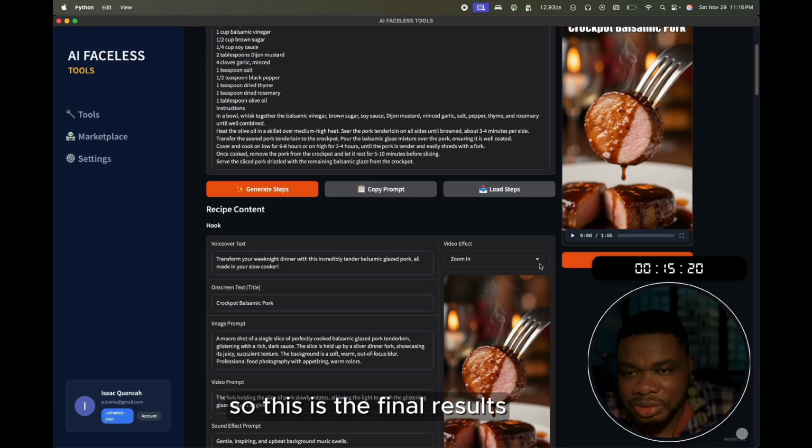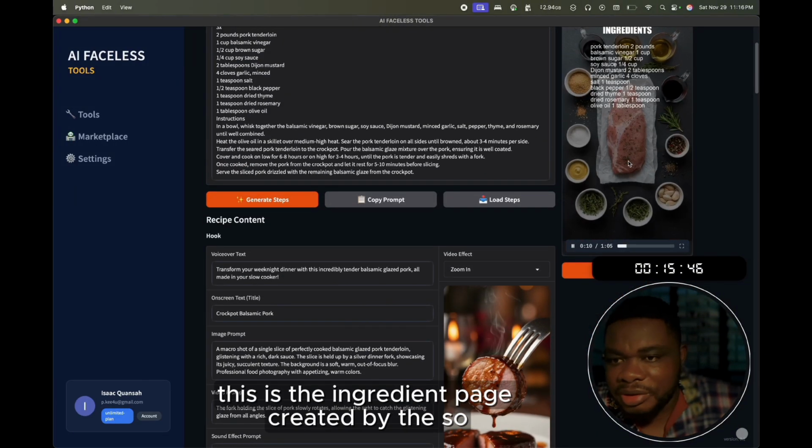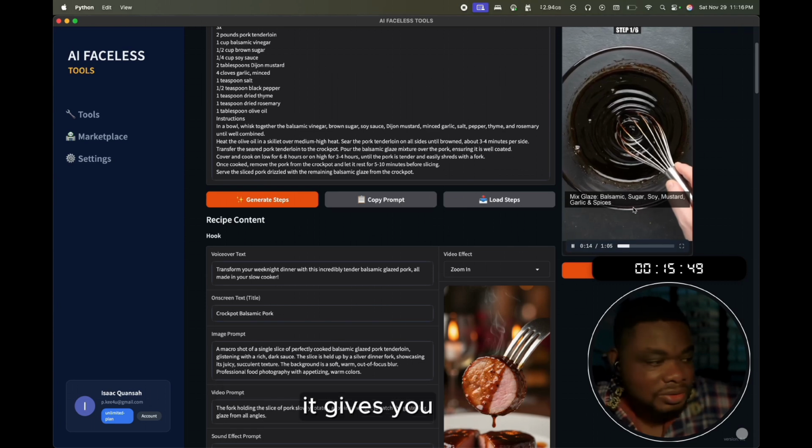So this is the final result. So this is how it looks like. This is the ingredient page created by the AI, so it gives you